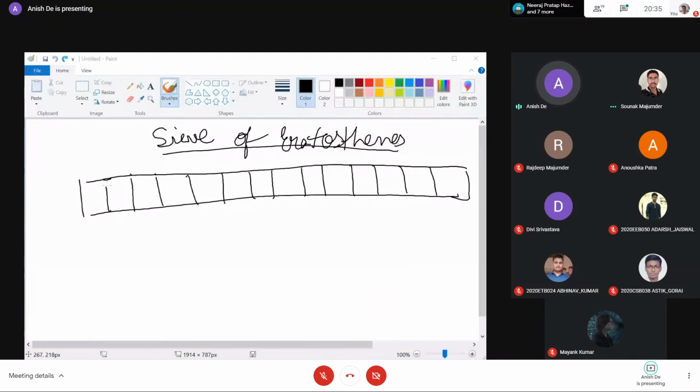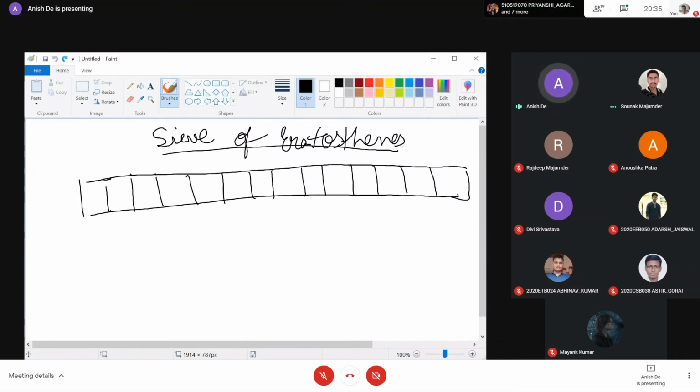Just as we learned that we can use sieve to calculate whether a number is prime or not in a range 1 to n, sieve has many applications. One of the most basic applications is counting the number of prime factors of a number.